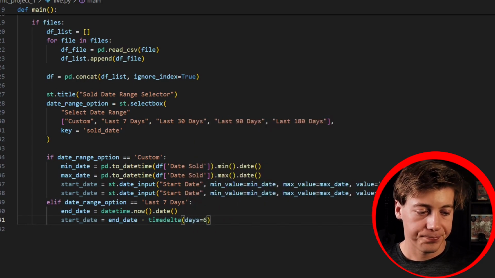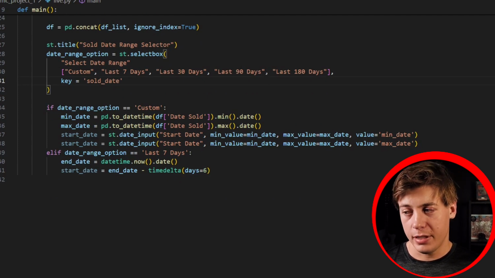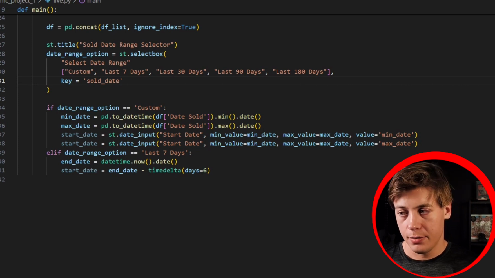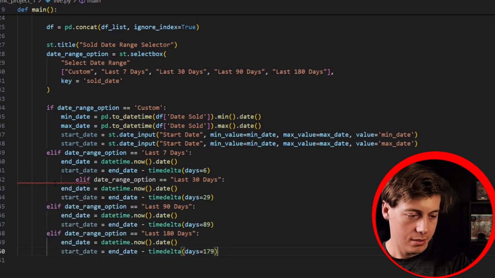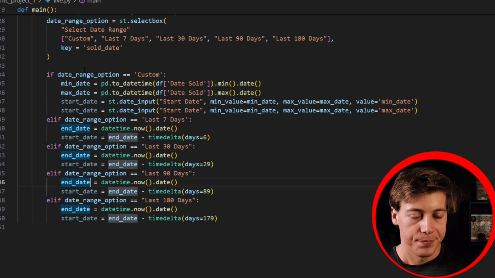And essentially, I'm going to do the same thing for 30 days, 90 days, and 180 days. So I'm just going to copy in that code. It is a bit tedious typing all that out. And that is how we do it. So